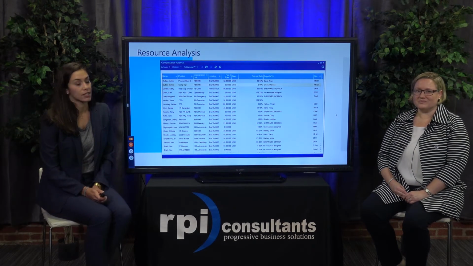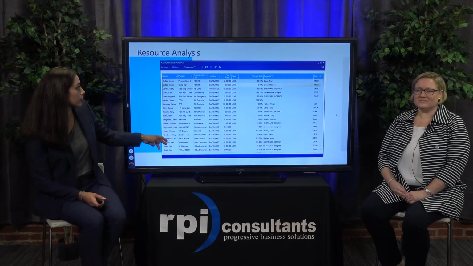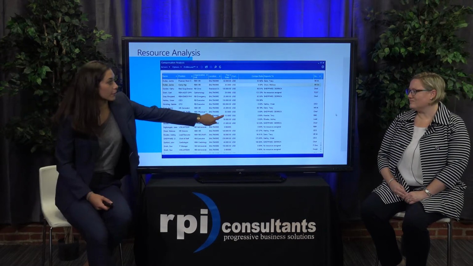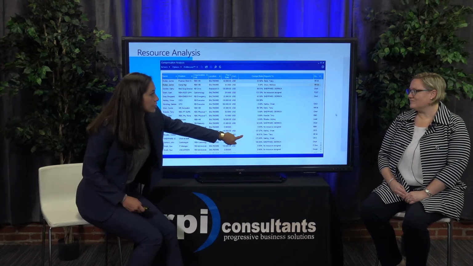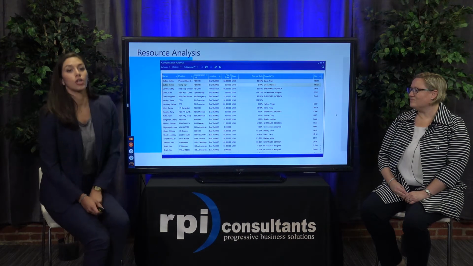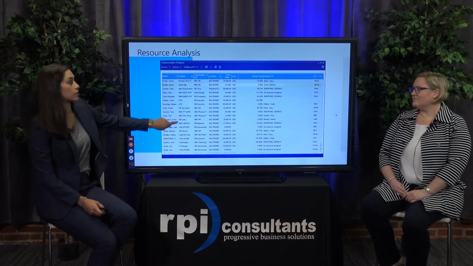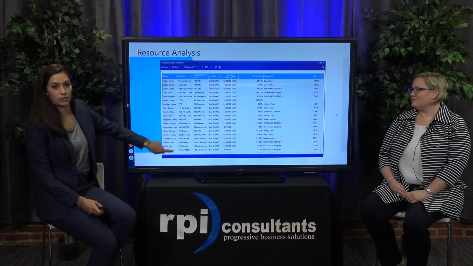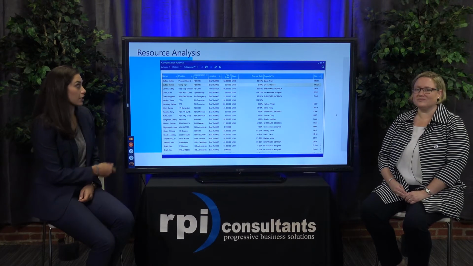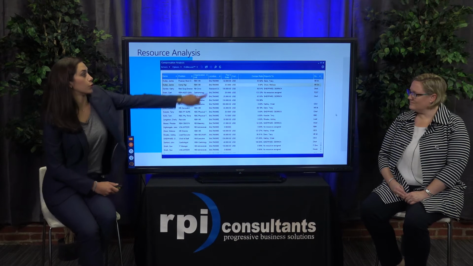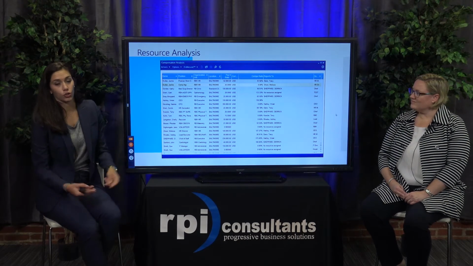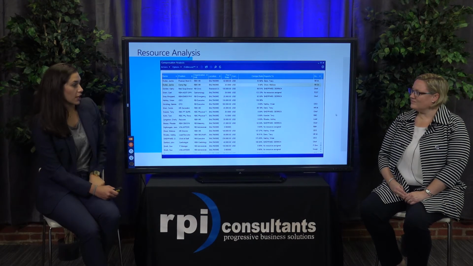And resource analysis here. So this is a list of all of our resources that we have in our test system. And it's showing you their pay rate right here, compa ratio percents over here. It's also showing their supervisor. So if you wanted to know who they were reporting to or review this, this is from the compensation analyst view, this list of reporting, but the generalist and the administrator can also access this as well. Again, quick way to get a report, you can use your search box up here, put in different parameters, maybe filter by organization unit, you only want people from a certain department, and you can export it right from here.